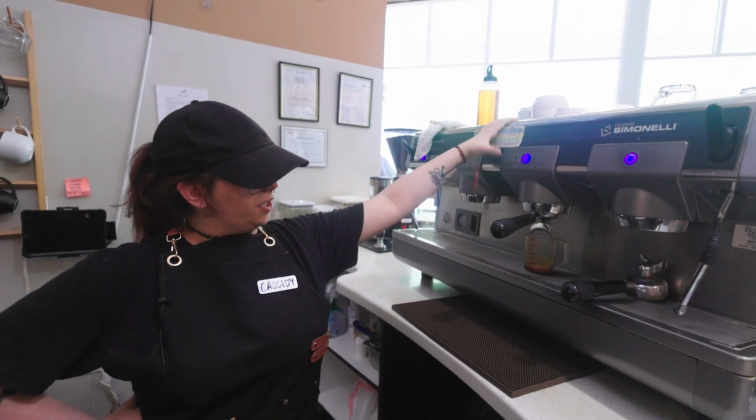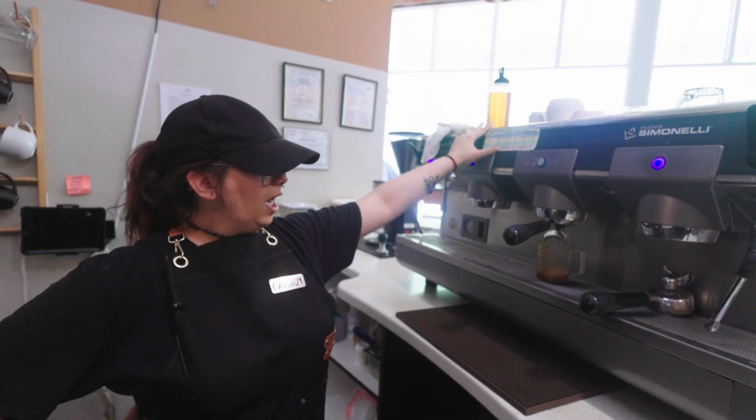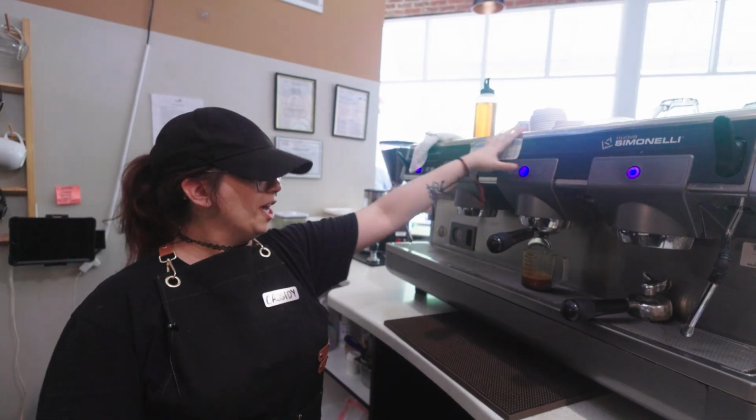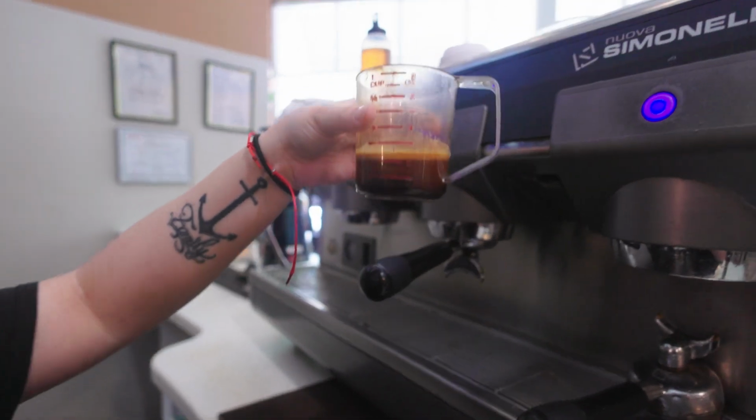Our espresso we use in shop for all of our drinks is dark roast. We used to offer both medium dark and dark, but most people only wanted the dark roast, so we just cut it at that. So I stopped it a little above our tube just so you can kind of see